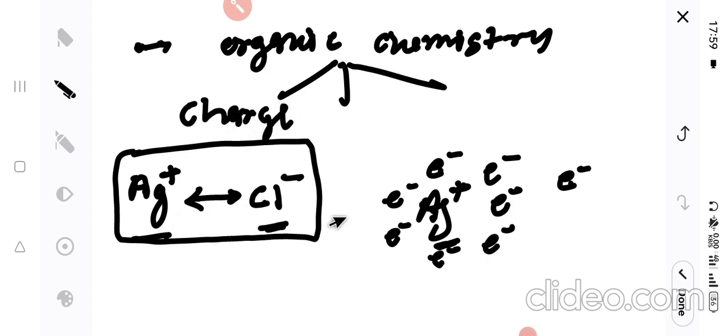But the question here is, do all chemical reactions occur in a charged phase? Must all chemical reactions have charged species? So the answer is no. Not all chemical reactions occur in the ionic phase. For example,